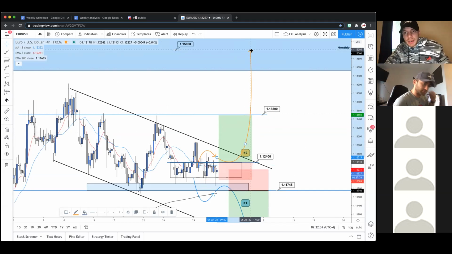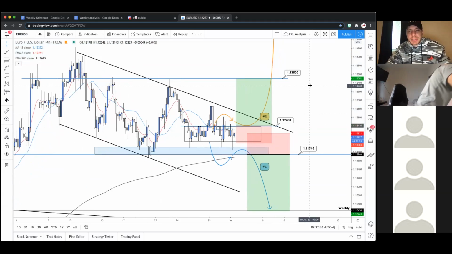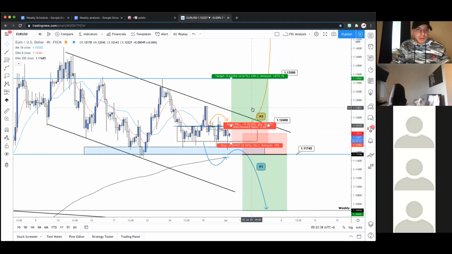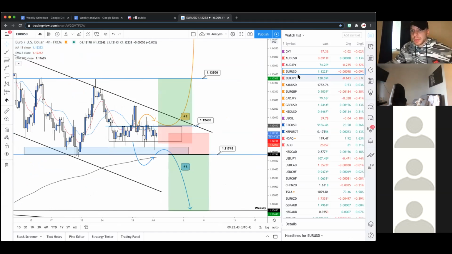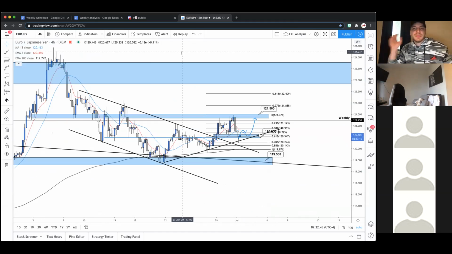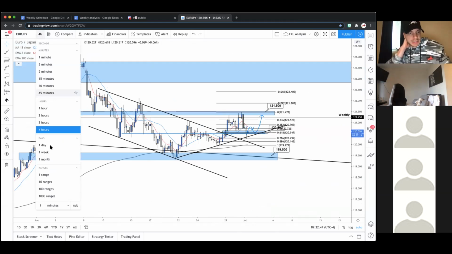Again, we just gotta wait for this consolidation to break and see how it plays out. But at least it's a clean chart. It's looking pretty good so far. All right, let's keep going. I got EJ and gold for you guys. So this one's in a pocket too. I'll get to that in a second.